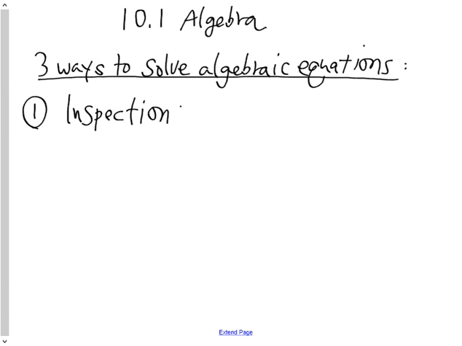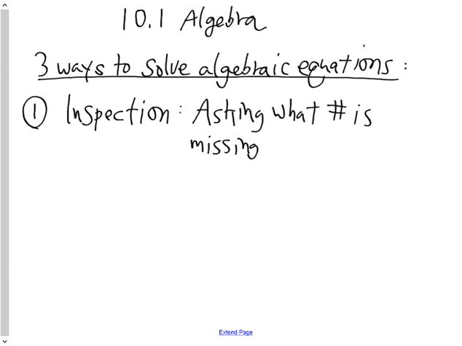Solving by inspection is simply asking yourself what number is missing to make both sides equal. Now this doesn't really make sense until I give you an example. And there's different ways to define it. In fact, every time I've ever defined inspection, I've defined it a different way. But today, this is what I'm going to use for my definition: asking what number is missing to make both sides equal. So for example,